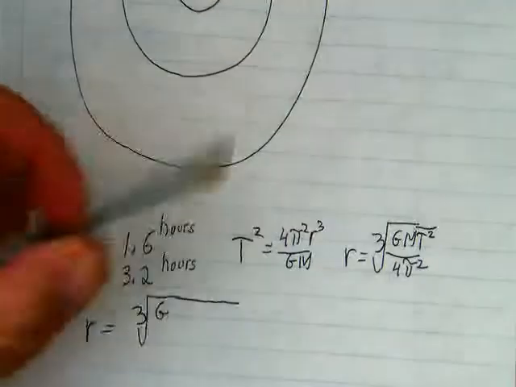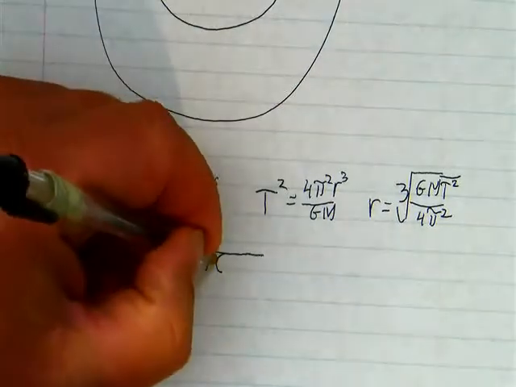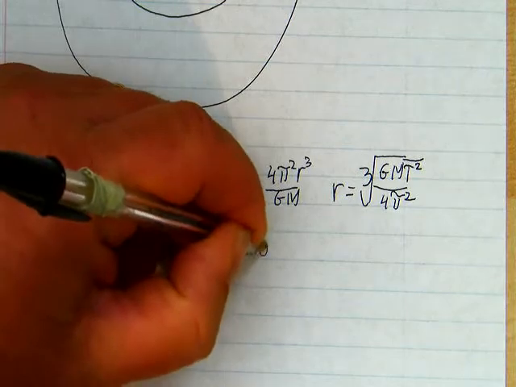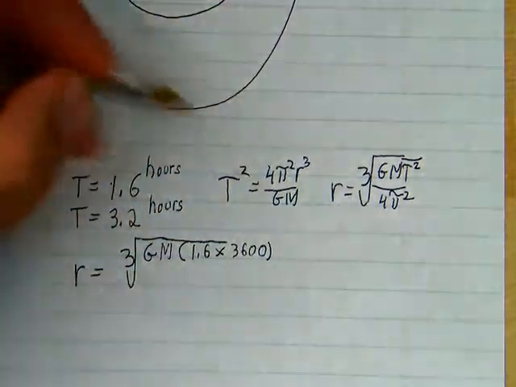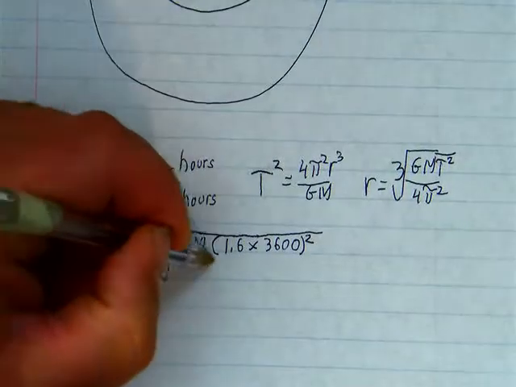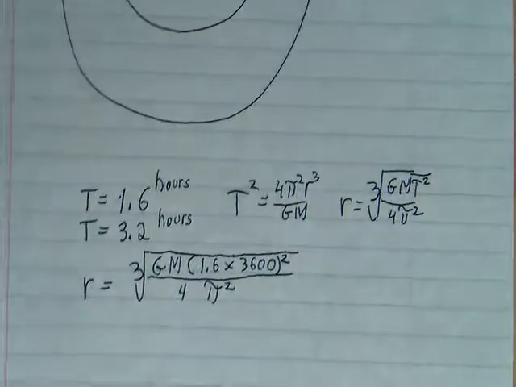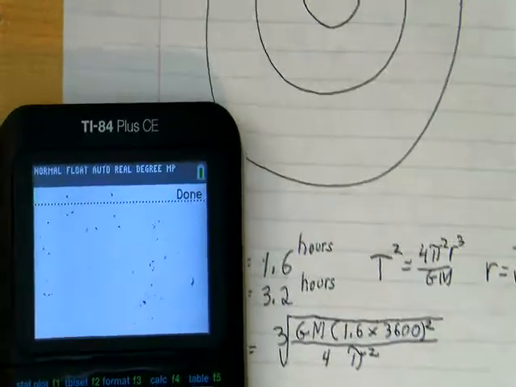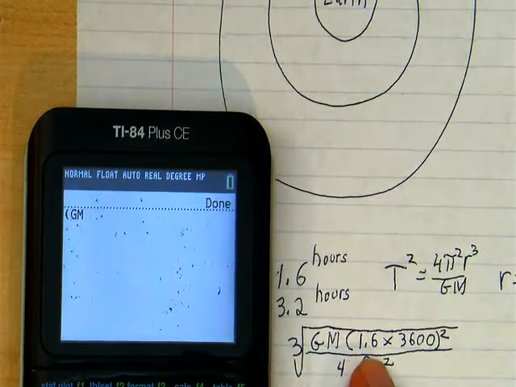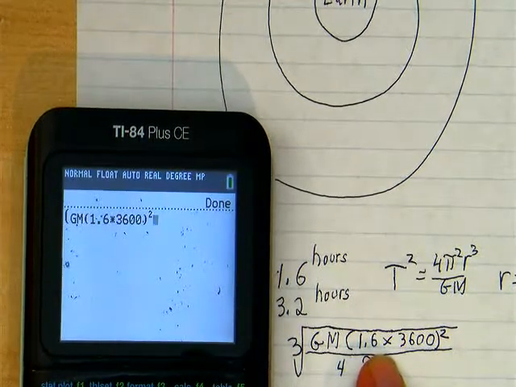So here I can just type G and M, but for the inner orbit period, I have to convert hours to seconds. So open parentheses, 1.6 times 3,600 seconds per hour, close parentheses, and now I have to square this period. Still underneath the radical, I have to divide by 4, and I also have to divide by pi squared. So I power up my calculator, and the way I would do this is open parentheses for this entire expression, alpha G, alpha M, open parentheses, 1.6 times 3600, close parentheses, quantity squared,